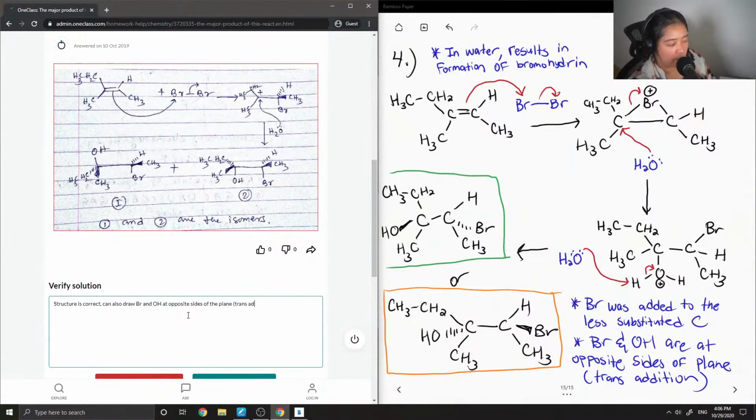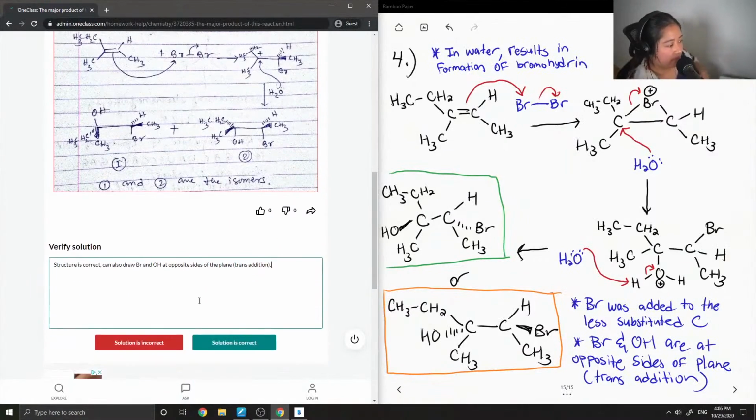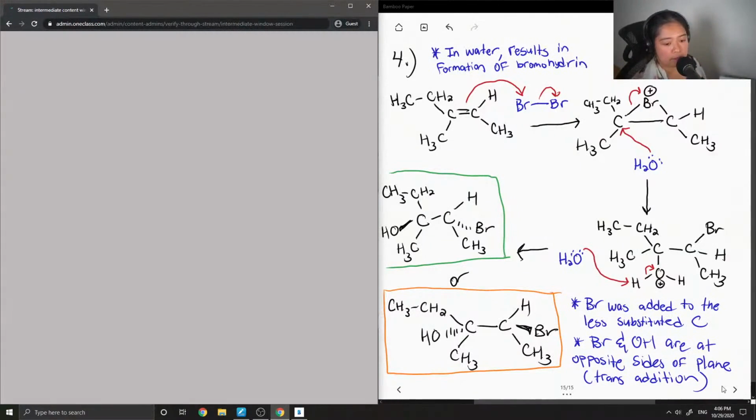And then in brackets, trans addition. So just a little note. So that solution